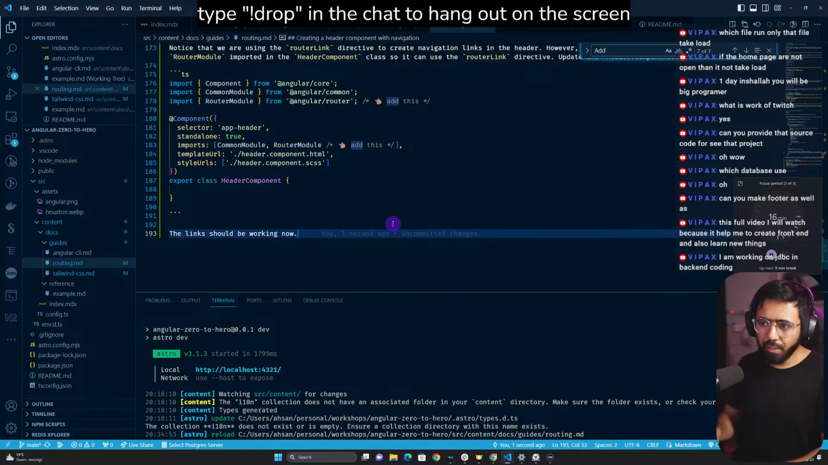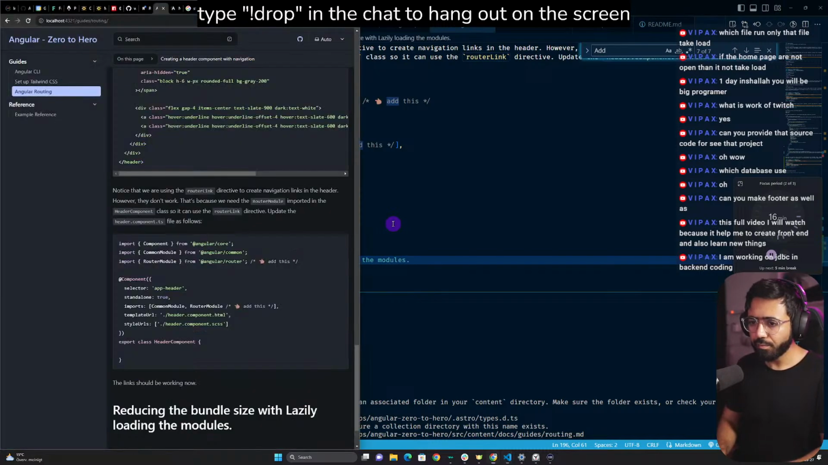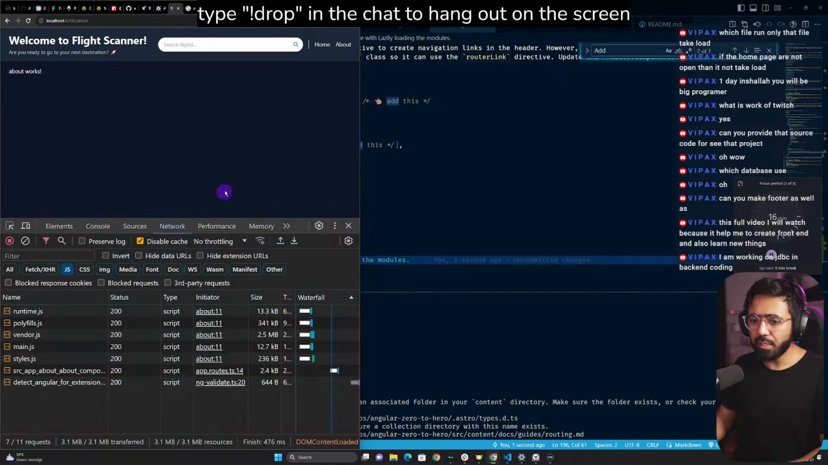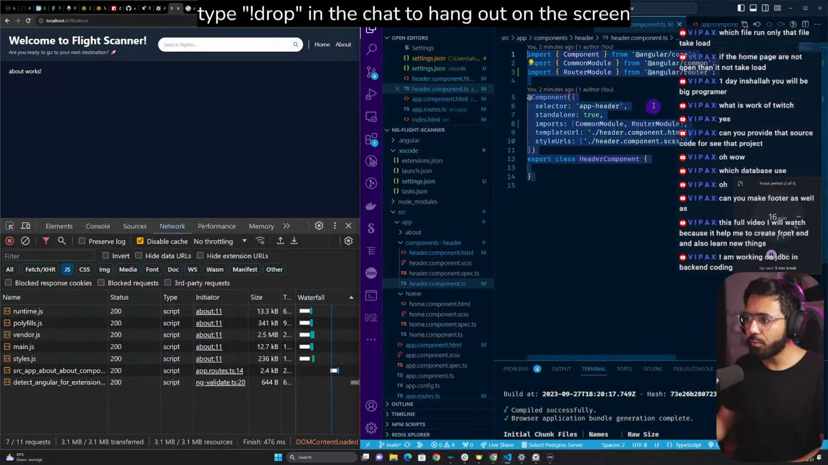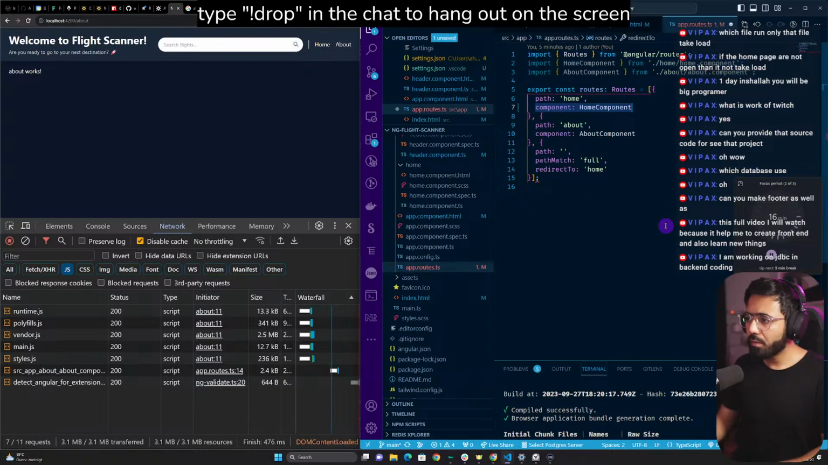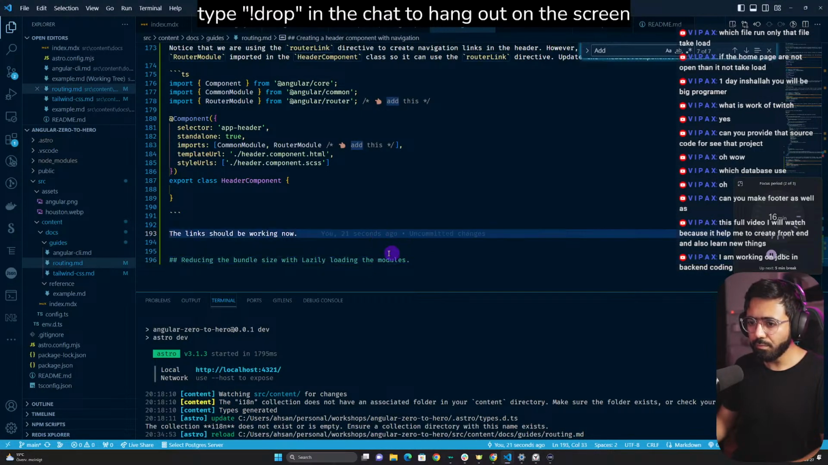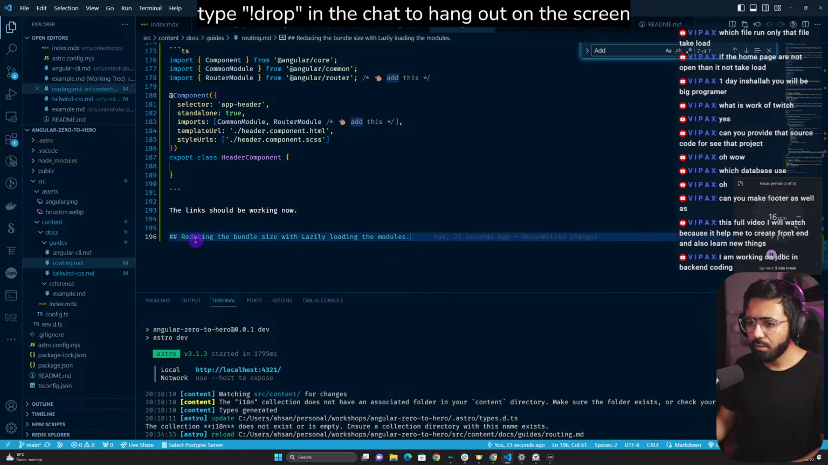Okay, now we can also say reducing the bundle size with lazily loading the modules. So now we can say something like, if we look at the code before the routing changed, this was in the app.routes. So now this is what we have. Right? So here we can say something like,